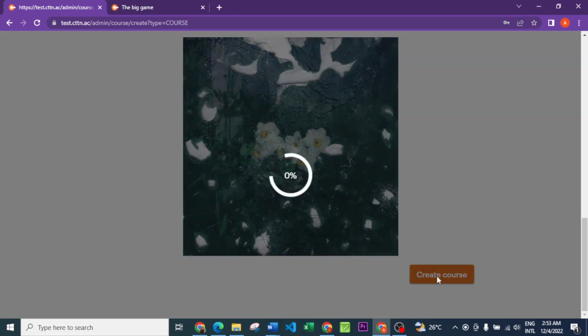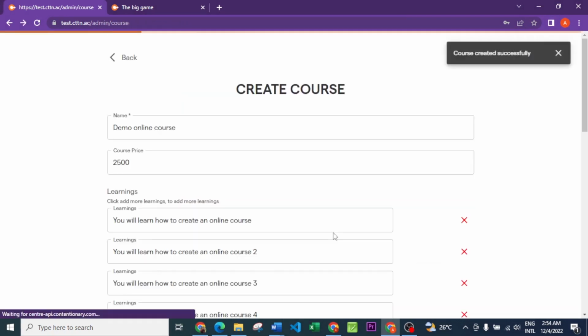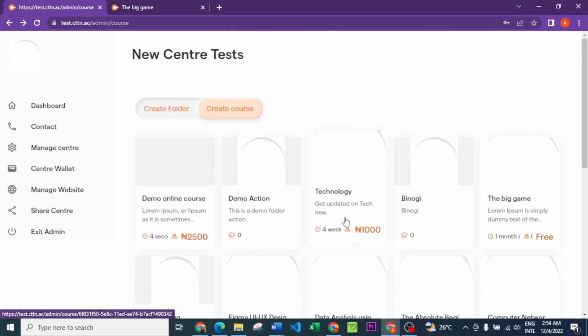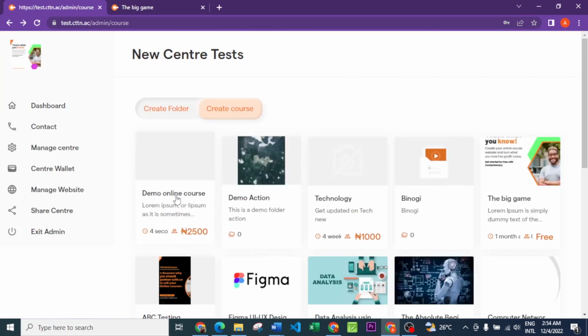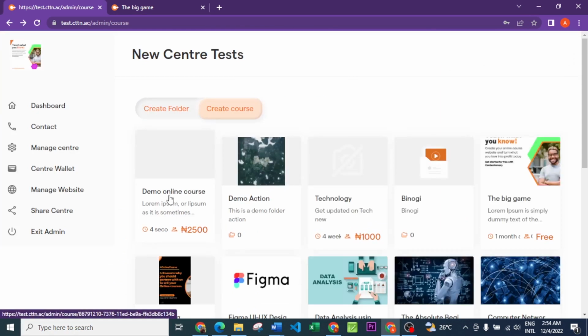So while you're creating the course, it is uploading both the preview video and the logo. So you allow it to run while your network is going. So once it completes, it automatically creates it for you. Okay, so now the course has been created successfully, and then we have our course in there. That's a demo